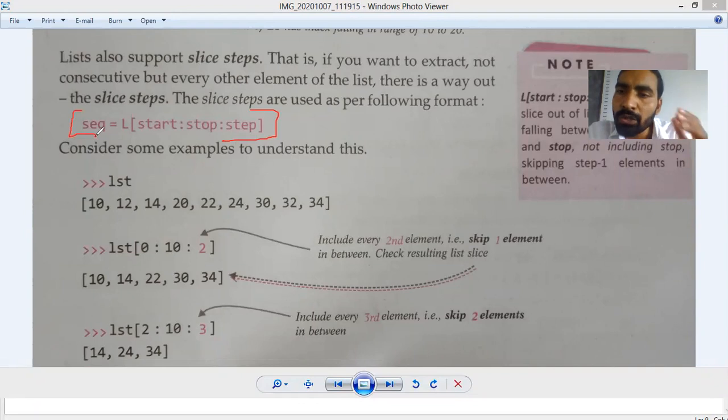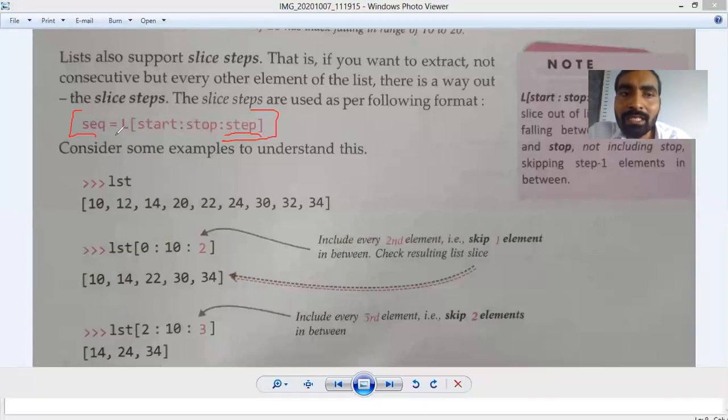But if we want to access the values as per our choice, by skipping one index, like if I want the value from index number 1, then from index number 3, then from index number 5, then from index number 7, like this, what can we do? We can provide a step value also.